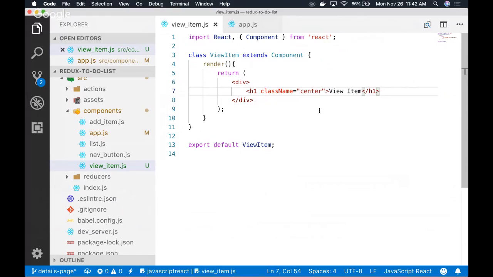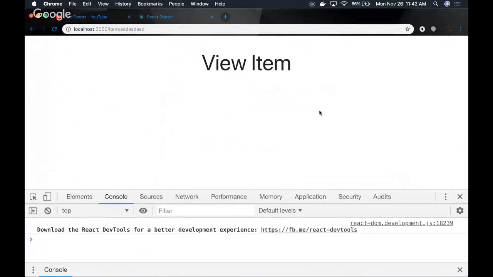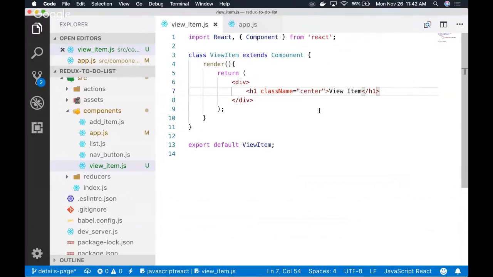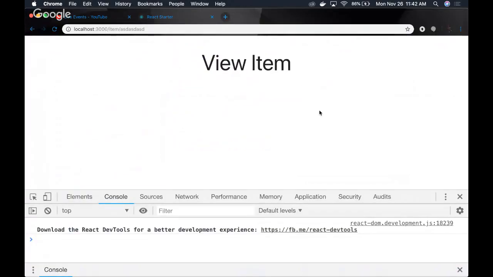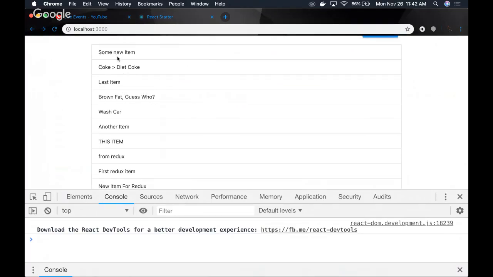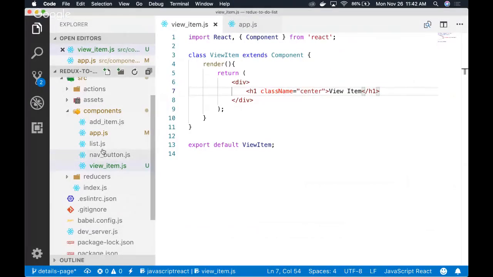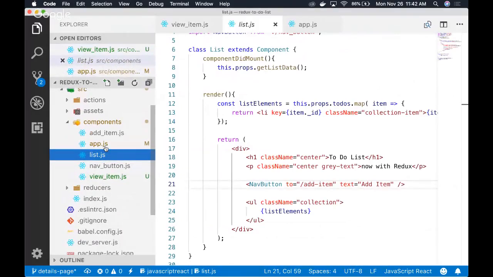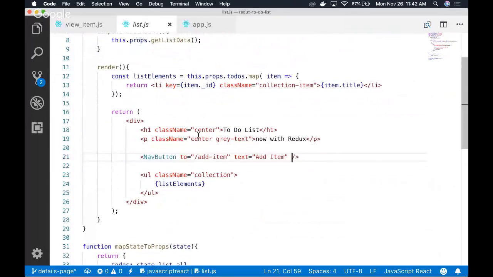All right, so now that we have our components showing up successfully, what we want to be able to do is populate the URL with the item ID of each item. We could do that if we go back to our list and make each item clickable. So if you click on an item, I can then update the URL to be /item/ the ID of that item. So in the list component,